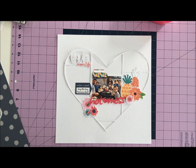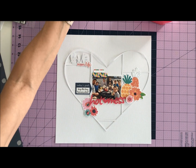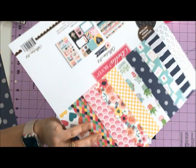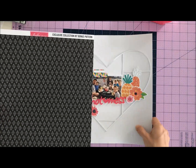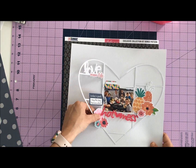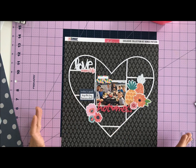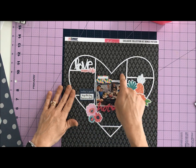It just doesn't pop. So at first I thought, well, I'll just put this on a darker piece of paper and it'll look great. And let me show you what I tried. This is the exclusive paper that comes when you buy the collection kit. So it's this dark black with the diamonds. So when I did that, let me show you how that looks. I liked how it made it pop, but there was just too much,